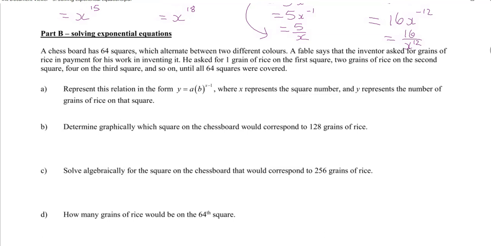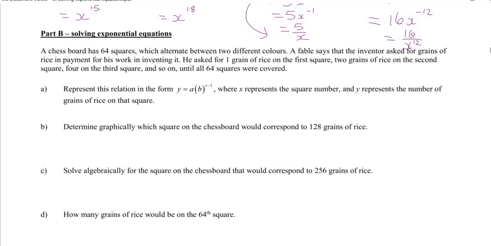So it is thought that the king at the time said, well, it's going to be like 8 on the fourth square, and then 16, and then 32. So how much rice could this be? Well, let's find out. Represent this relation in the form y is equal to a times b to the